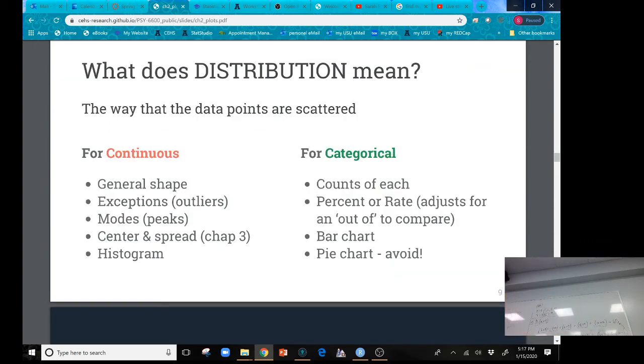For continuous variables, like scores on a test, like points, we would want to know what's the general shape. Are there any outliers or exceptions? What are the modes or the peaks? And what's the center and spread? That's chapter 3. And we usually make a histogram for a continuous variable if we want to look at the